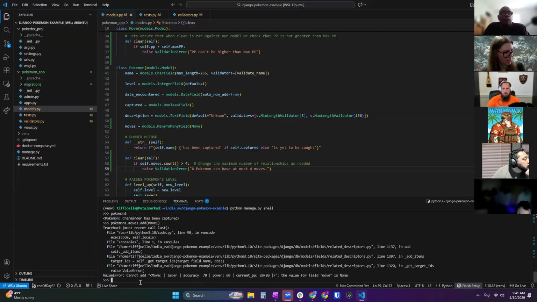I have a question. Don't you have to save that, like Pokemon one dot save? I will at the very end. Actually, I don't know if I have to save. I think you just have to save to create. The last time I was doing the same, I was checking the Postgres and I couldn't find whatever I was adding. So you could check your table to see if it's empty or not. I'm just saying that.